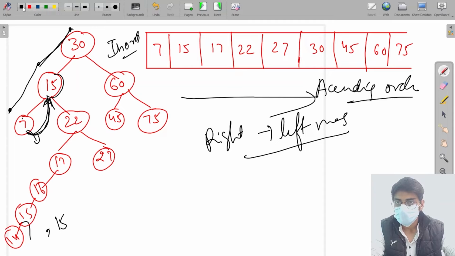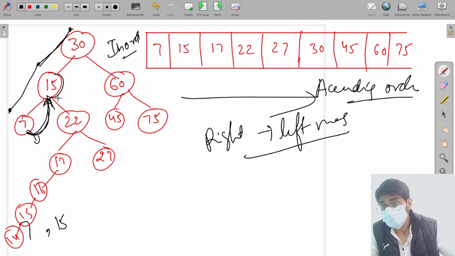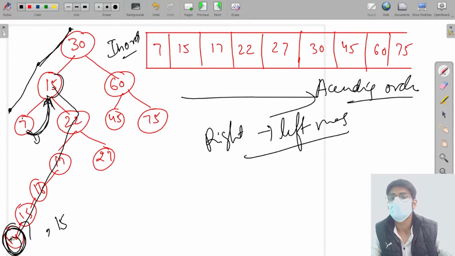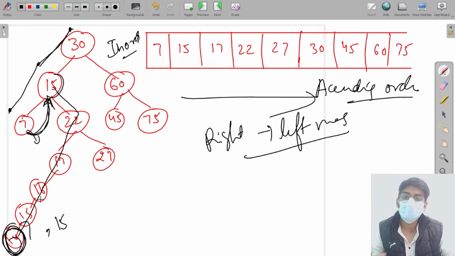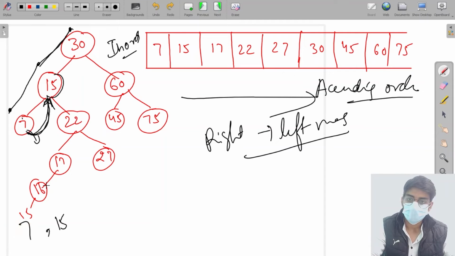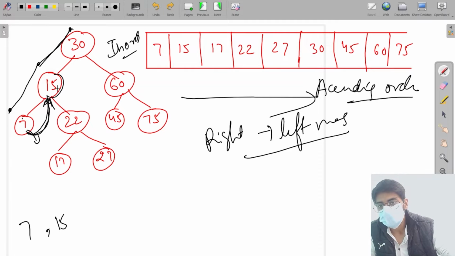So we have to explore the right of left, so we are going to move in this path. Then we are going to print this number. Like this we are going to iterate, like this we are going to print this. So now what I am going to do, I am going to explore the right of the leftmost part,